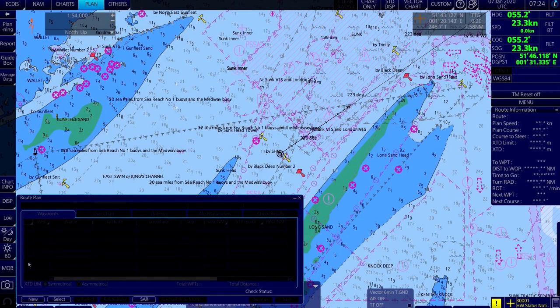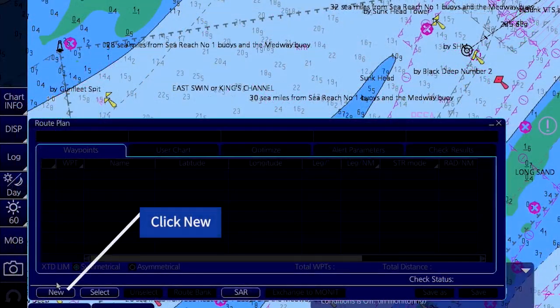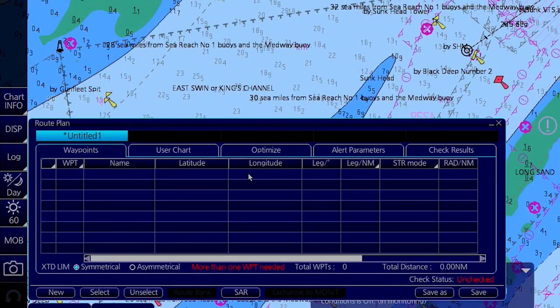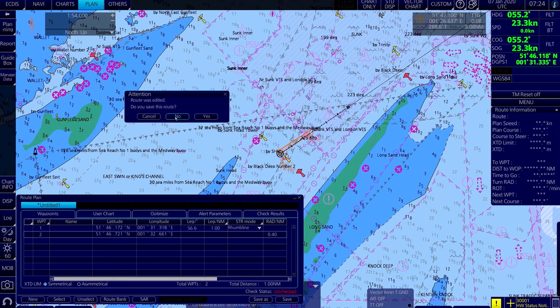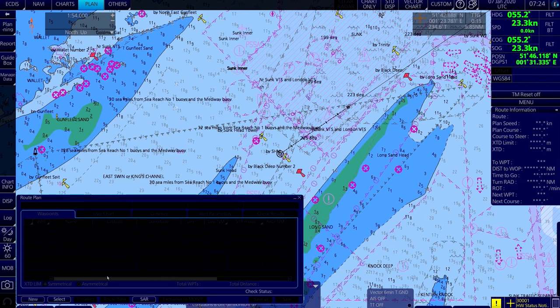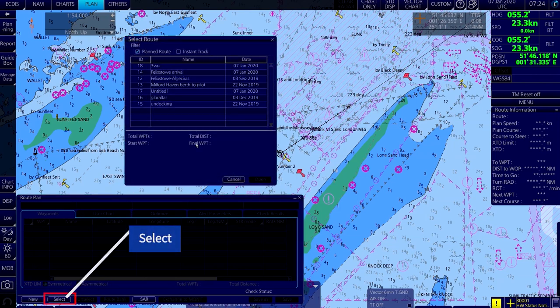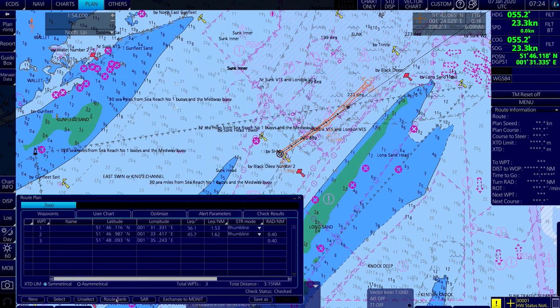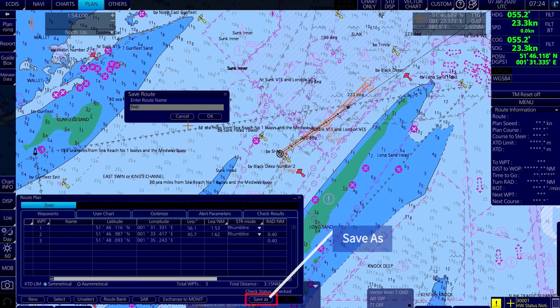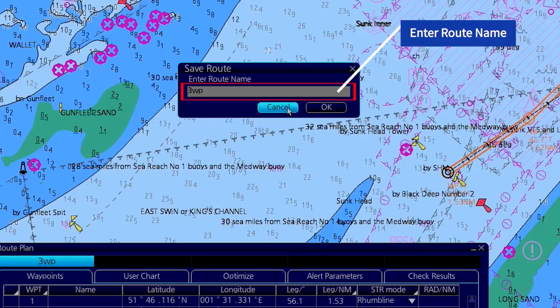Before creating a route plan, let me quickly explain this route plan table to you. The first option is new. Once I click over here, I can create any route plan I want by the mouse itself. The third option is unselect. Once I click unselect, whichever route is loaded will be unselected. The second option is select. If we click over here, all the routes in your FURUNO ECDIS will be shown over here, and through them I can select any route. The next option is save as. Once you press over here, the route which you have created, you can change its name and you can save